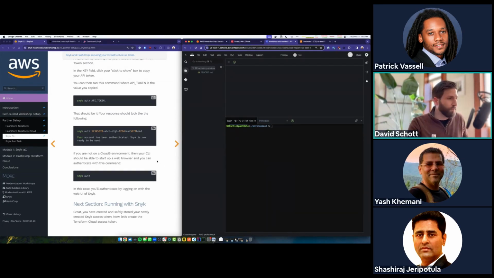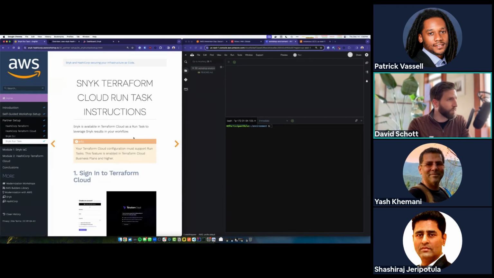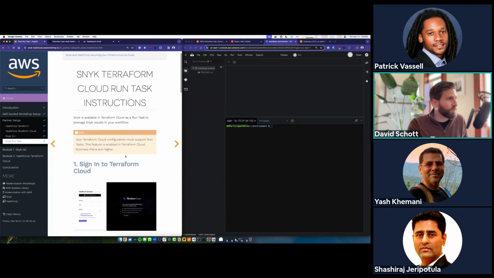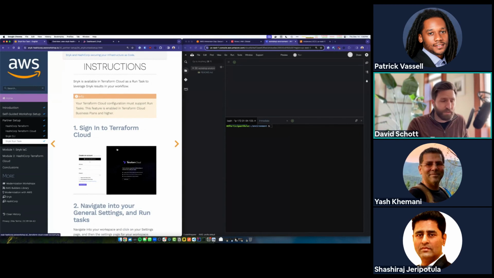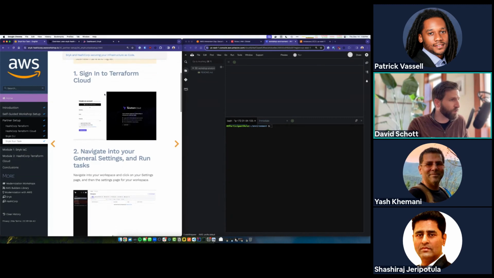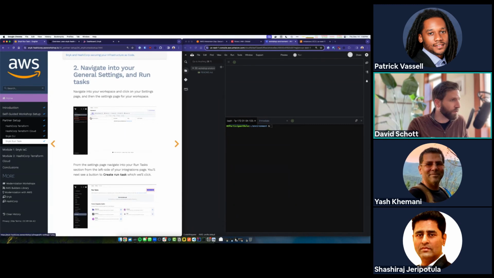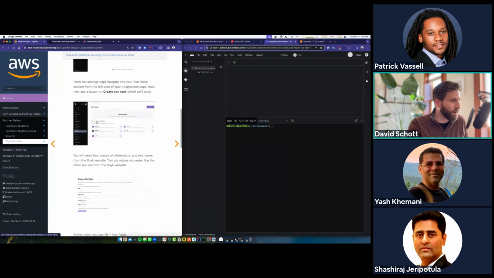And yeah, so now we're, I think, in pretty good shape. We're almost there on the prerequisites. We've got all our tools, permissions, so just about ready to rock. All right, moving on. Another step we want to do in the Terraform Cloud side, just a prerequisite, we're going to come back later and really understand this more, is we're going to create something called a run task. Yash described it earlier. So we're going to go back into our Terraform Cloud account, and then we're going to go into our general settings, not our user settings. And we're going to go into run tasks, and then we'll create one for Snyk.